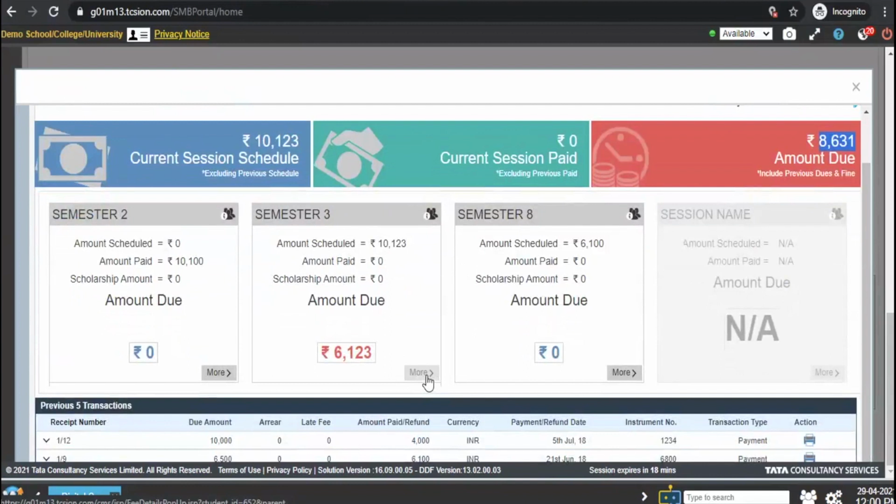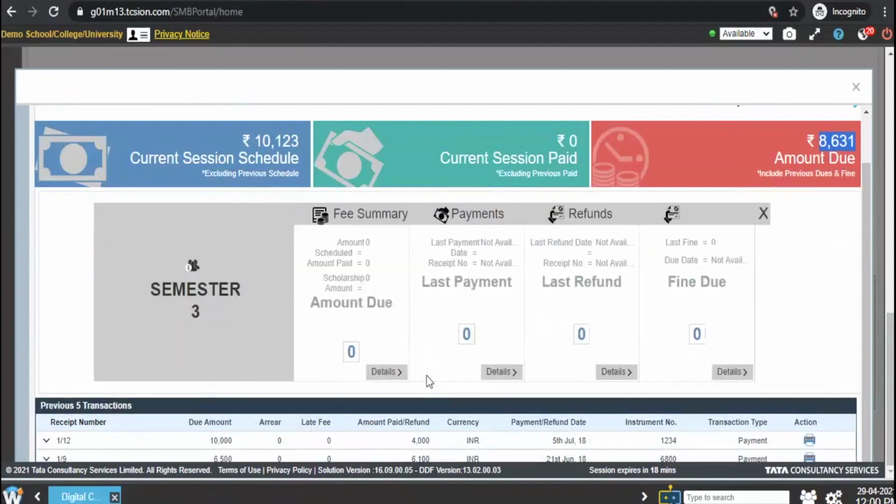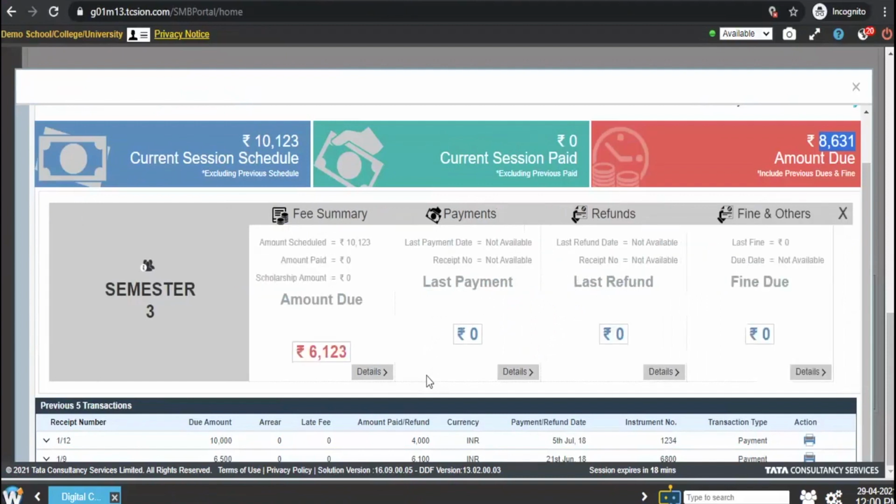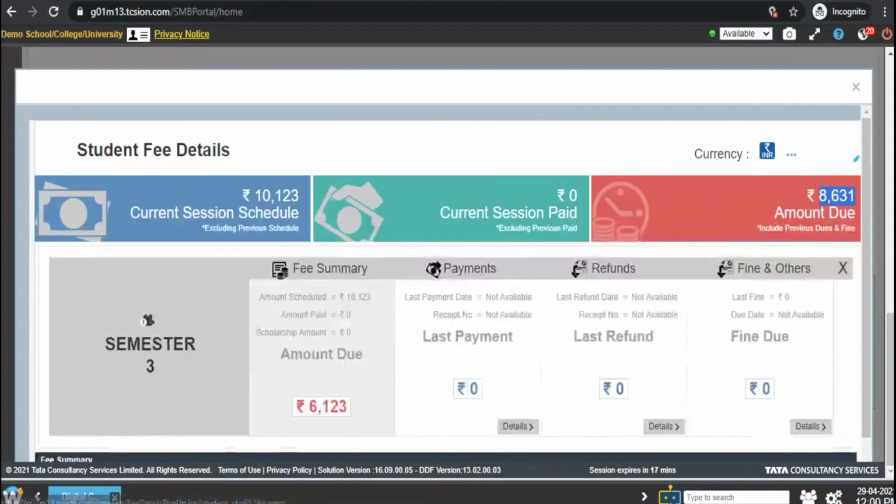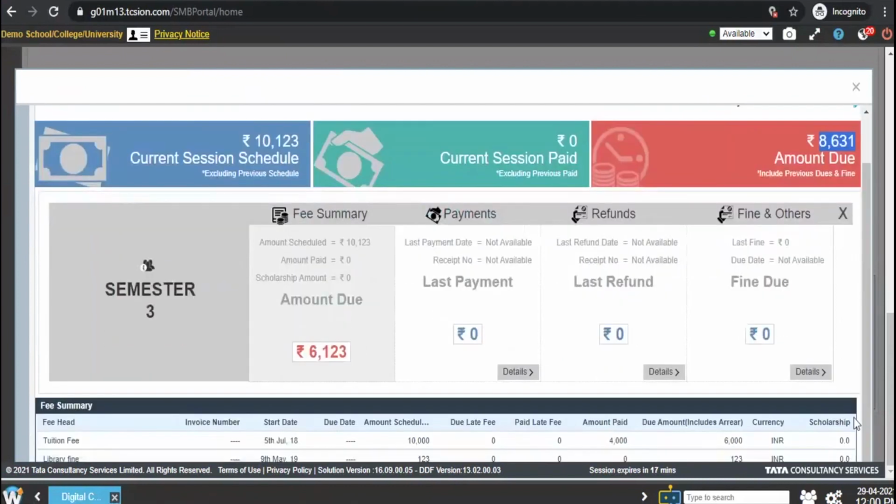And if a student clicks on this more, it will give a drill down view of how this 6,123 rupees is scheduled. If I click on details, it will give me the better details about the fee headwise amount that has got generated for me. So the tuition fee amount that is scheduled is 6,000 and the library fine is 123 rupees.